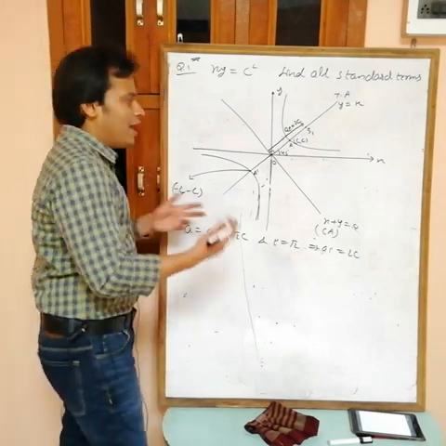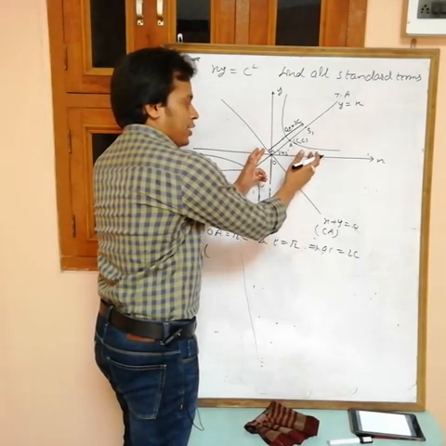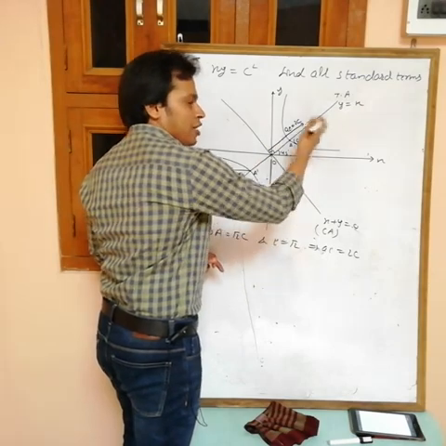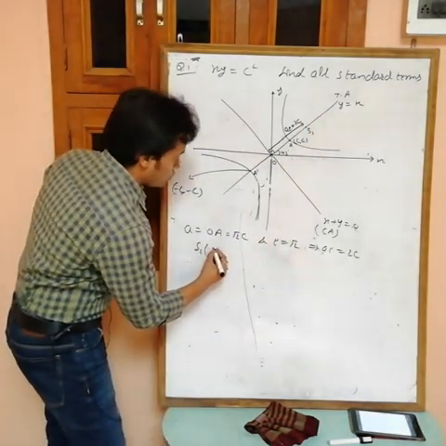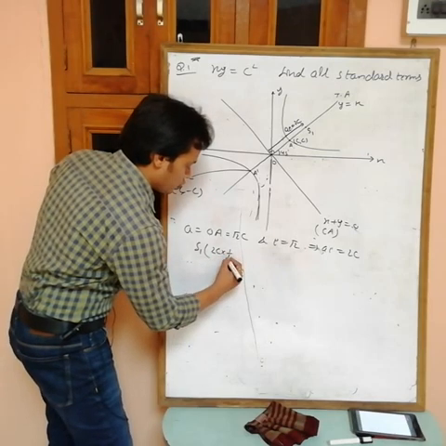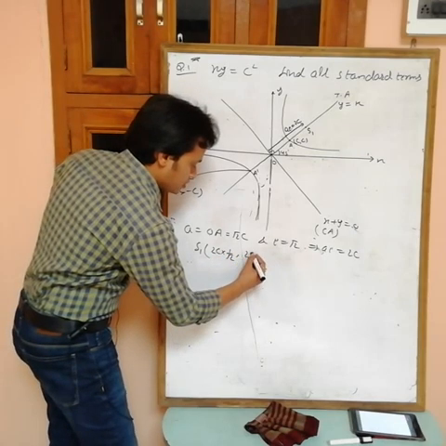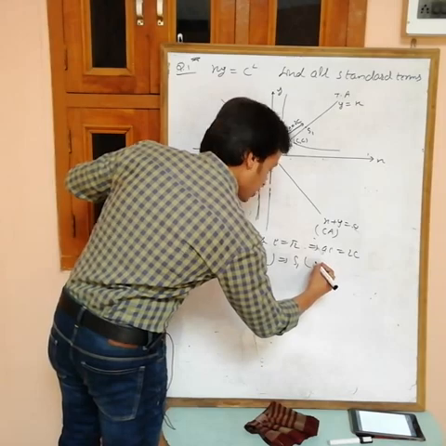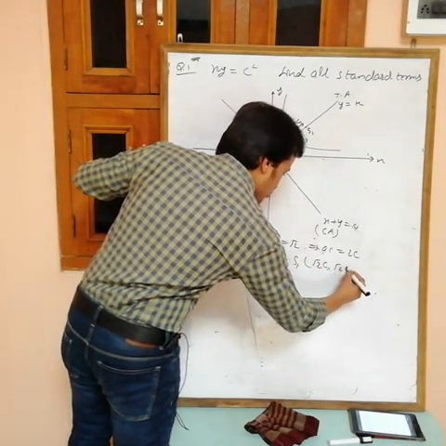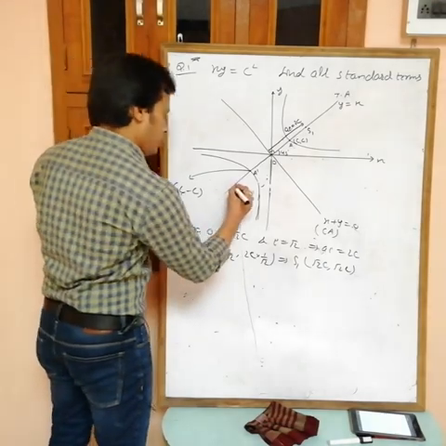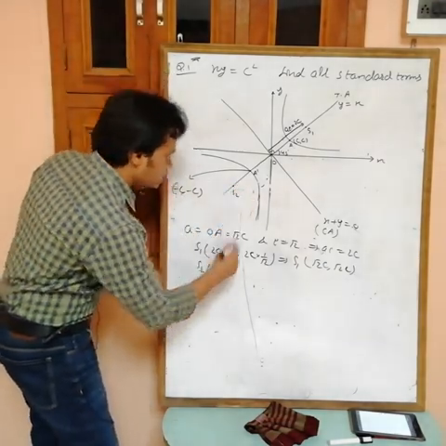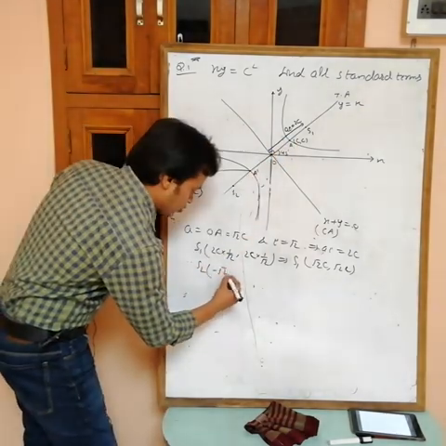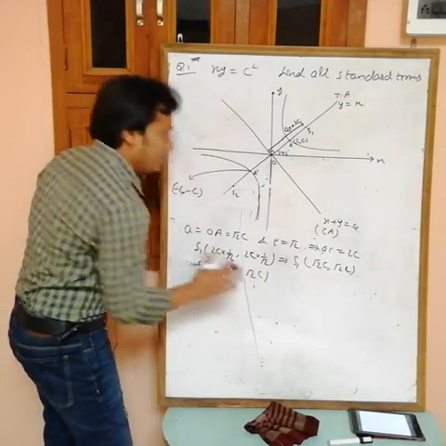So by using parametric form, and also this distance is 2c, make a right triangle, then this one is 2c cos 45, 2c sin 45. So S1 is 2c cos 45, cos 45 is 1 by root 2, comma 2c sin 45, sin 45 is 1 by root 2. Then S1 is root 2 c comma root 2 c. So we are getting the coordinate of S1. Similarly S2, if you find, you will get a negative sign, because the midpoint is 0 comma 0: minus root 2 c comma minus root 2 c. Now we are getting the foci.